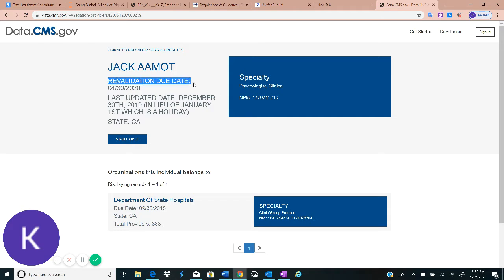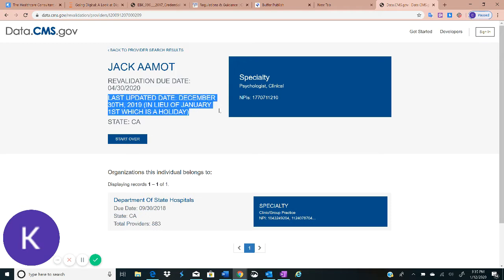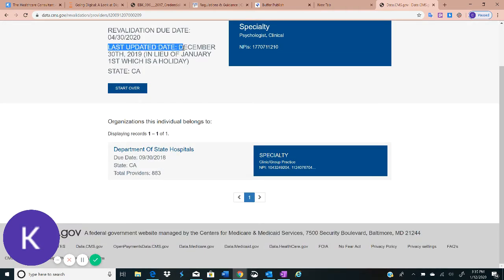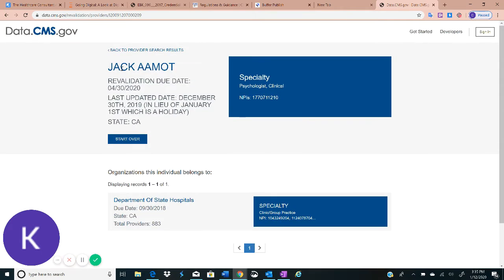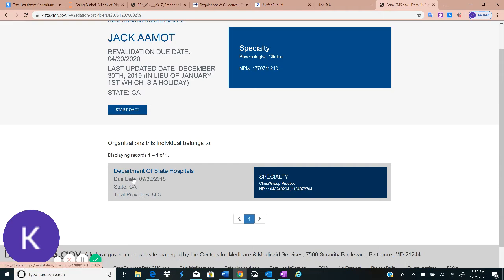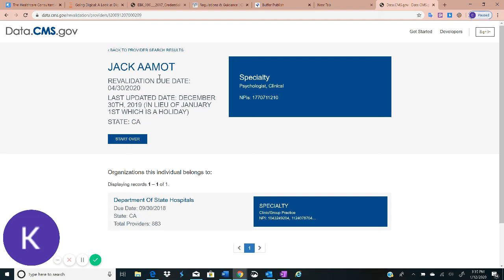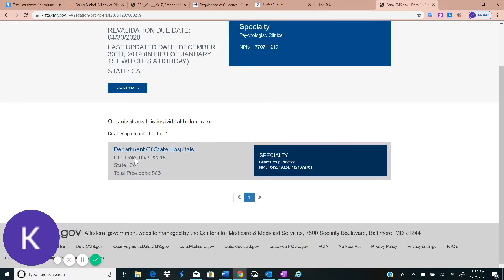As you can see here, his revalidation due date is 4/30. And the website was last updated on December 30th, 2019. So you can see that here, last updated date. All right, so we can see that Jack Ammett has one reassignment, and that's with the Department of State Hospitals, which is in California. So we know that his revalidation is due on 4/30/2020, and this date here,